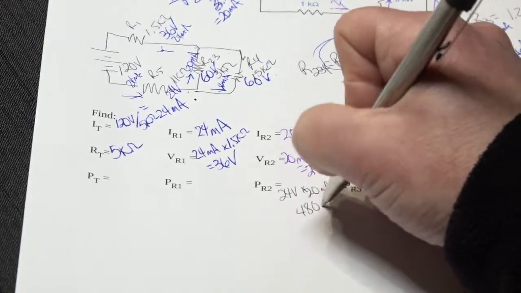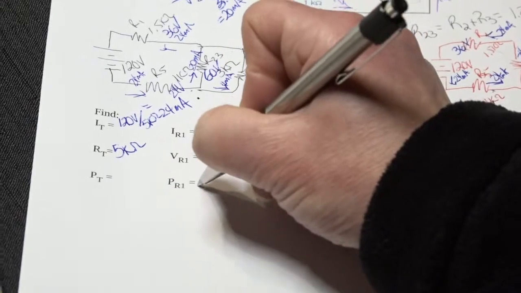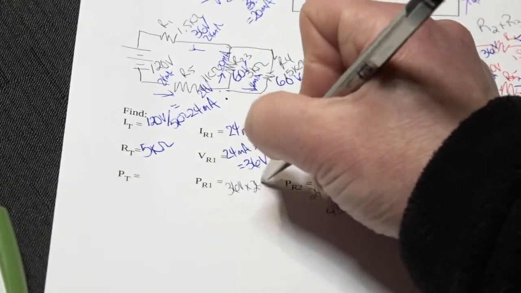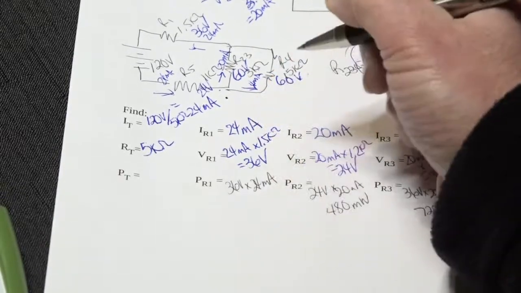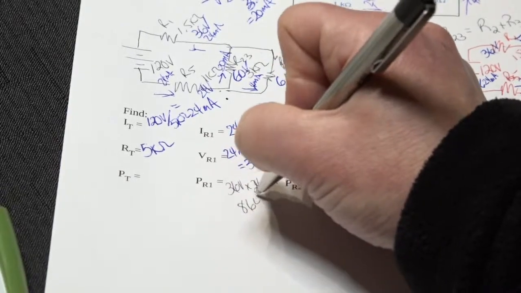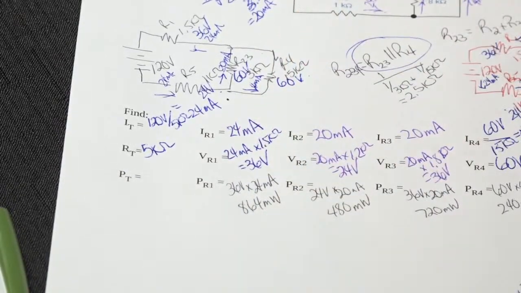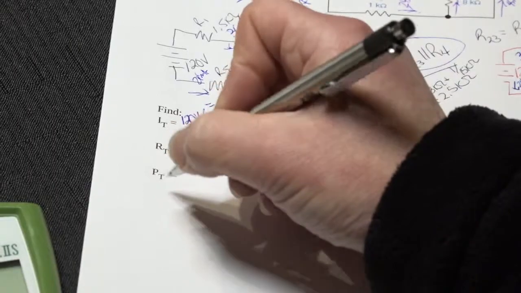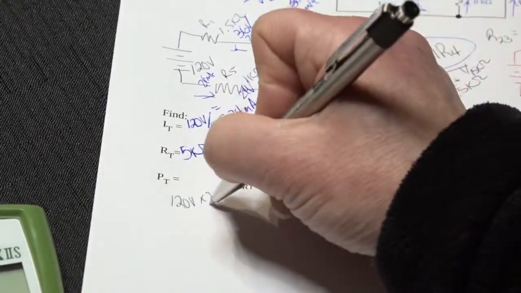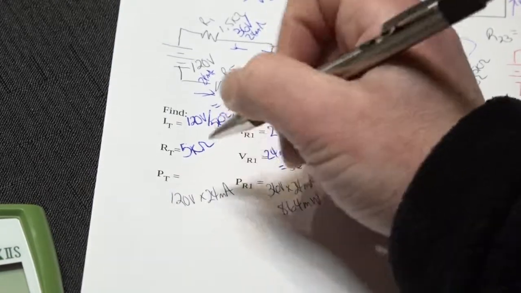480 milliwatts, and 36 volts times 24 milliamps gives us 864 milliwatts. And when we calculate our total power, it's going to be 120 volts times 24 milliamps, which gives